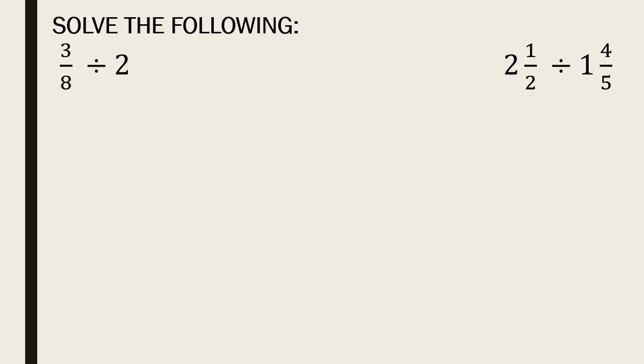To do division in fractions, the first thing we do is to find the reciprocal of the divisor. As we know, the number which is to be divided is the dividend, and the number by which the other number is being divided is the divisor. So always for this divisor, we have to find the reciprocal. After finding the reciprocal of the divisor, we multiply that reciprocal in the given fraction.